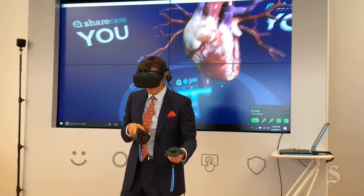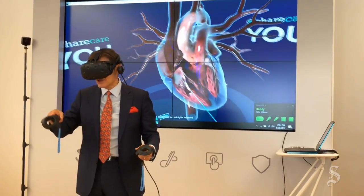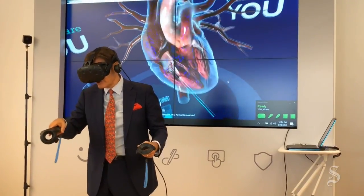But as I begin to move us into the heart, you'll notice that the chambers start to come into appearance. The right atrium, the place where the blood first comes, and then through this valve called the